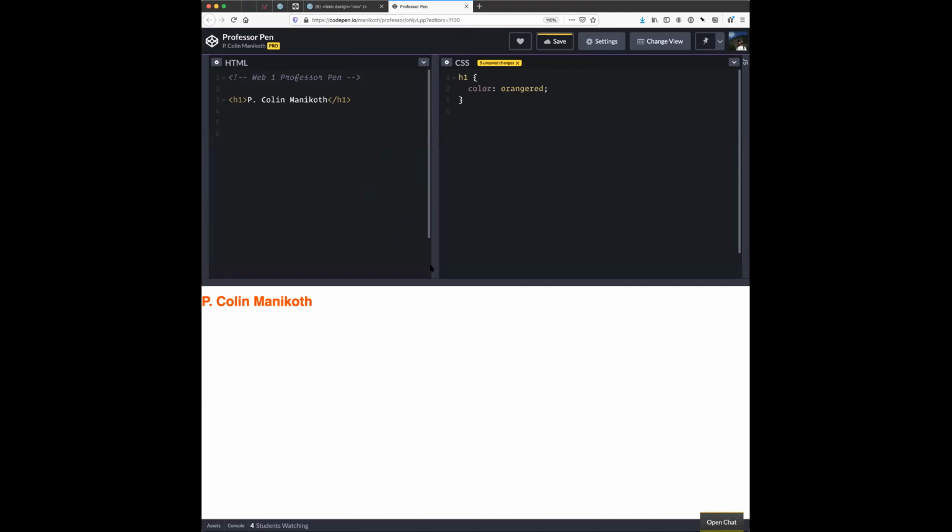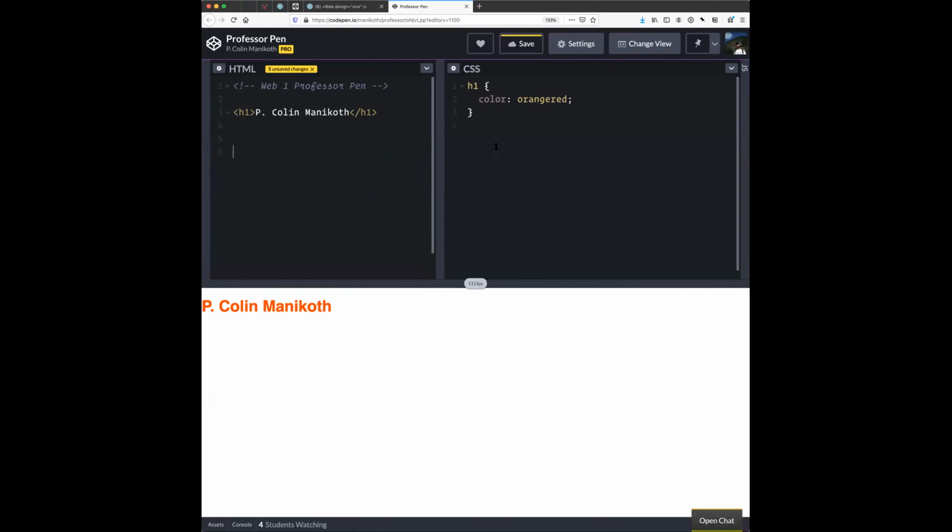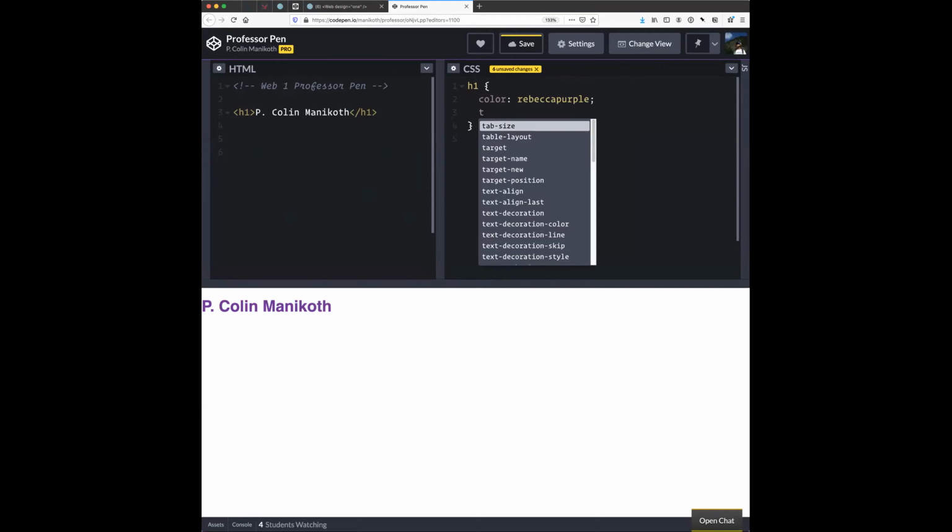So what do I mean by that? Well, let's come into here. We have our H1, and then over here we have whatever color that we picked for it. So I'm going to come in here and make this thing Rebecca purple. Okay. And there's my H1, and I can do stuff like this and come in here and go TA for